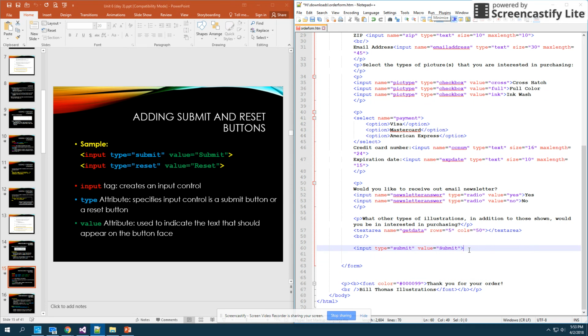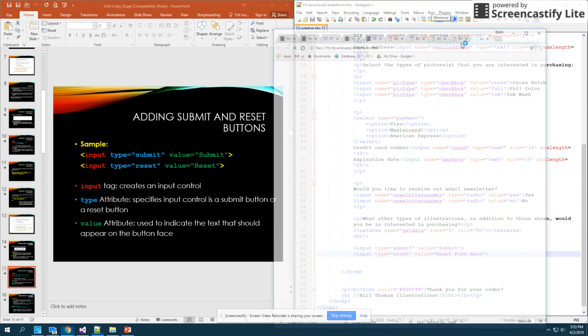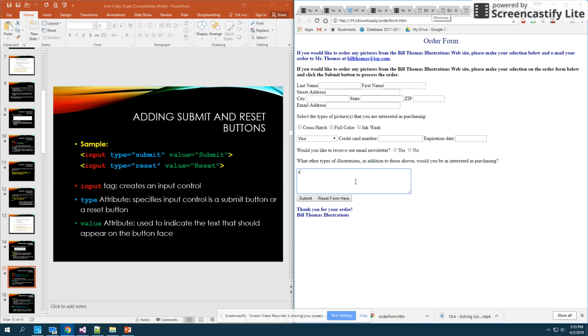And then the reset button works in the same way. We do an input, we do a type is equal to reset button, and you can do value equals reset form here. And remember, whatever you put between those value tags is what appears on your button. So here, if I type things in, if I click things, and if I click reset, it all goes back to that default. Now from here, if I were to type in, so if I actually filled some of this in, Wardecki, Sarah, give myself a street address, we'll do Mukwonago, Wisconsin,